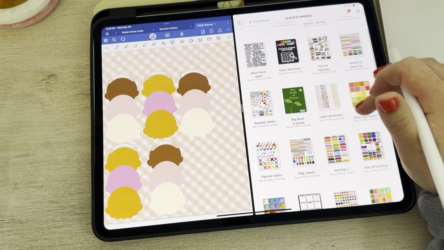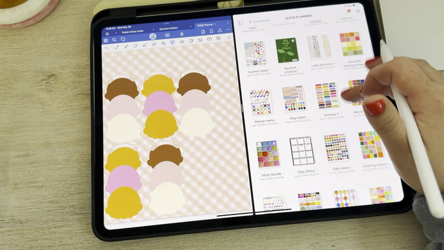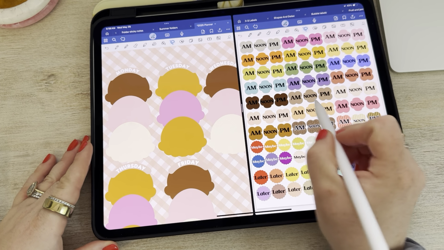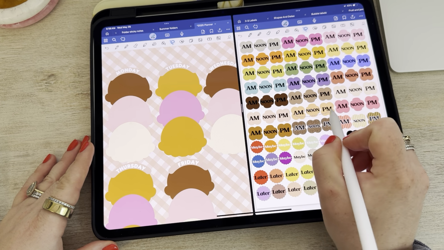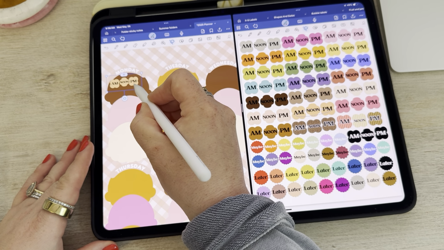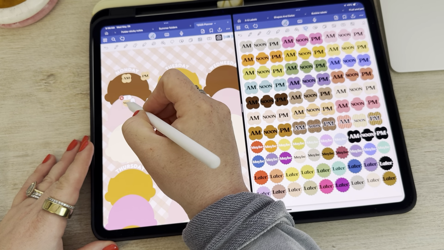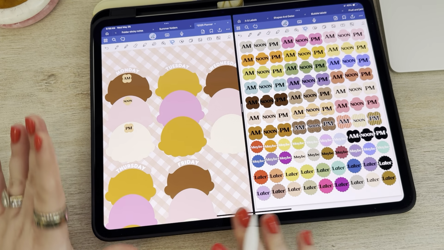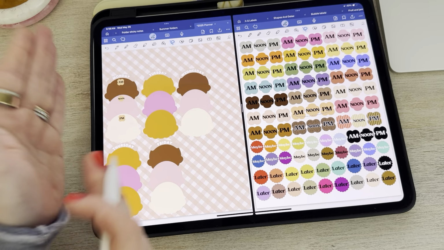Quick planning, I think I put them in here. I have these adorable AM, PM, AM, noon, PM. So you could grab these. I'm going to do a neutral. And you could actually do this for every day. I don't like these colors. Again, I would pick a darker color and I would change it if I cared, but that would actually be